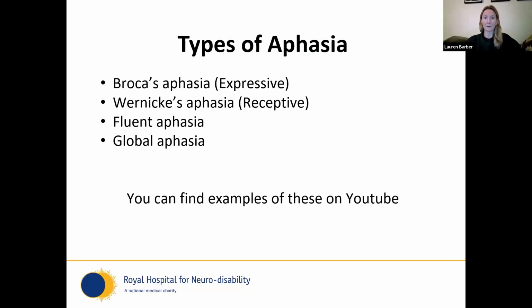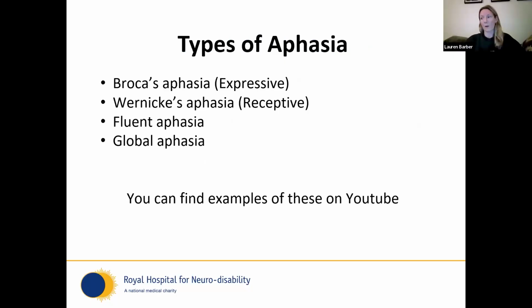So there's different names depending on the different characteristics. So there's different areas of the brain that control different functions. So it could be expressive aphasia, receptive aphasia,